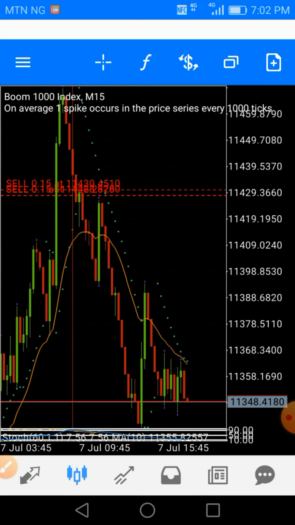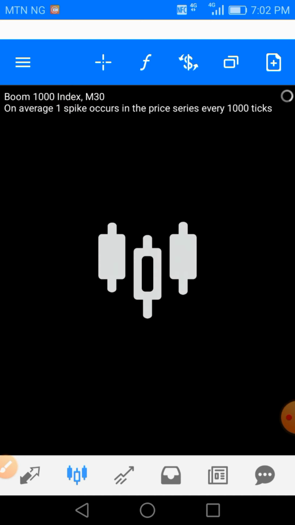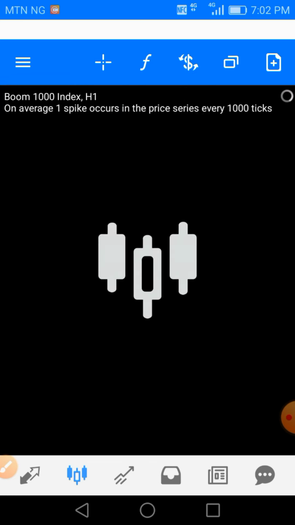Now if you check M15, I said I was looking at alignment in multiple time frames. You discover that the market eventually came and crossed the moving average and went down below it. Now remember I said I was looking for another alignment. If you go to M30, yes, this is M30, the market is still below it. That is, it eventually came below it. And if you go to H1,